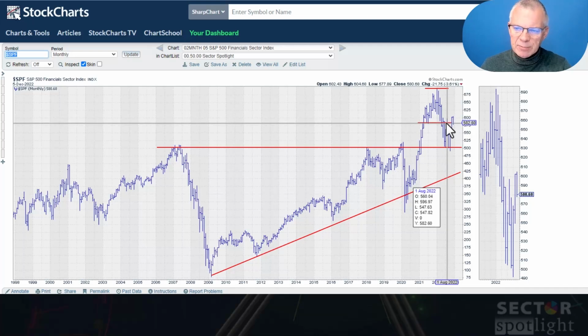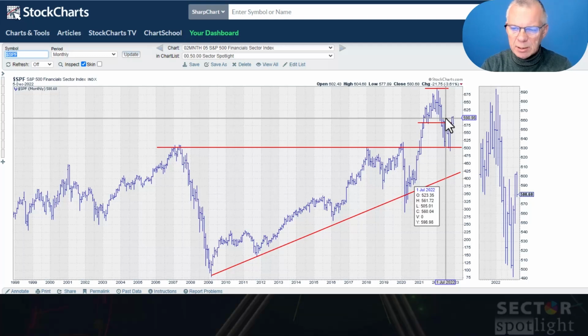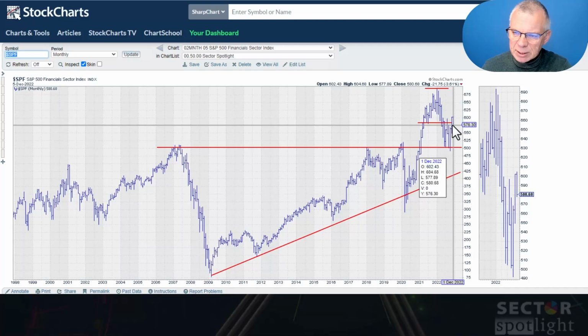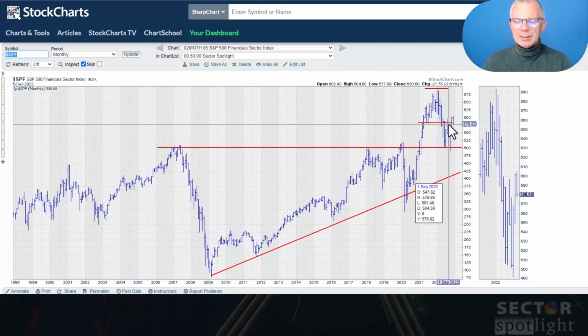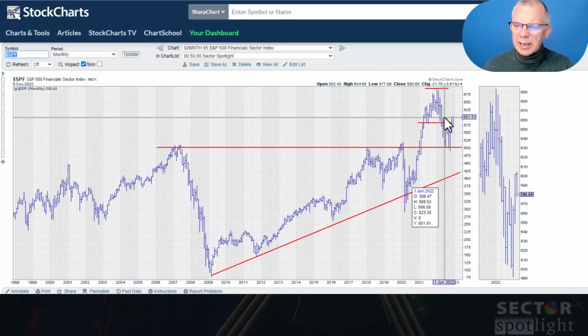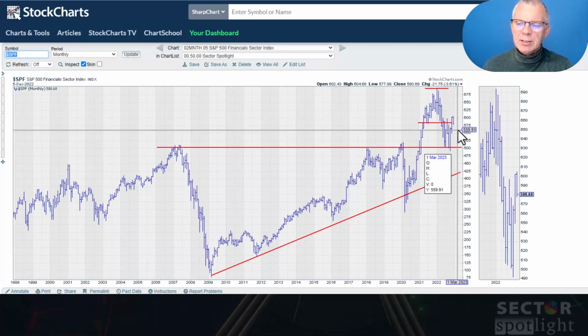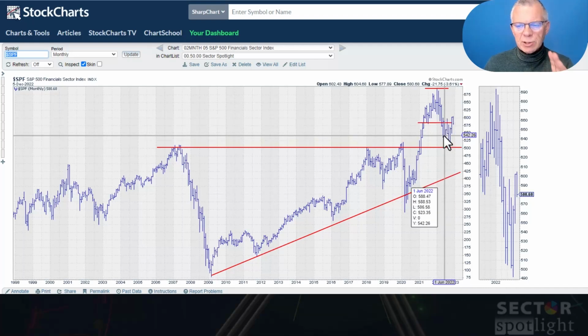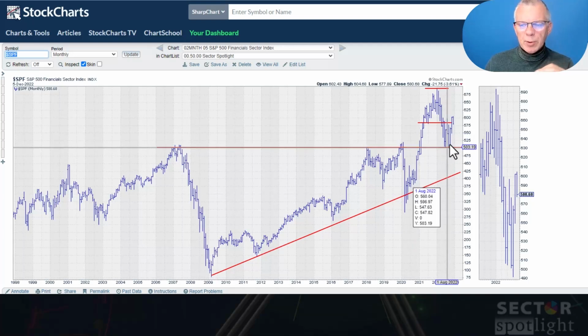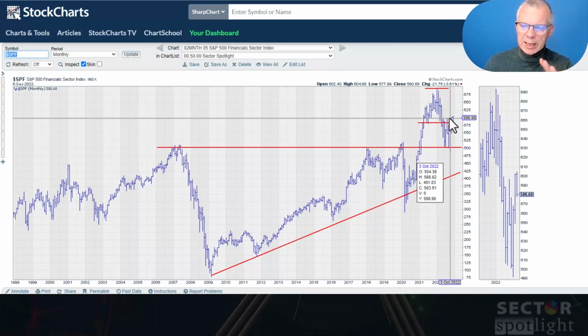So resistance between 580 and around 600. I've marked resistance around 600, and you can see that we just literally peaked above it a little bit. The high here was 602, and now in December we're already dropping back. So that 600 area definitely is an area to watch, or maybe the range between 580 and 600. Nevertheless, financials coming out of a low, putting in something like a double bottom, can actually move beyond that 600 level and then go all the way up.